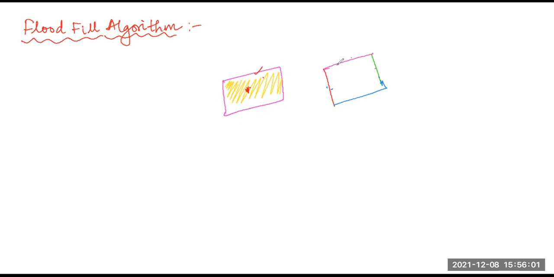So this was the limitation of the boundary fill algorithm. That means it fills only a polygon which has a unique boundary color. If the polygon has boundaries with different varieties of colors, then this algorithm will fail. Next, in order to overcome this, came the concept of the flood fill algorithm. The flood fill algorithm also works like the boundary fill algorithm.